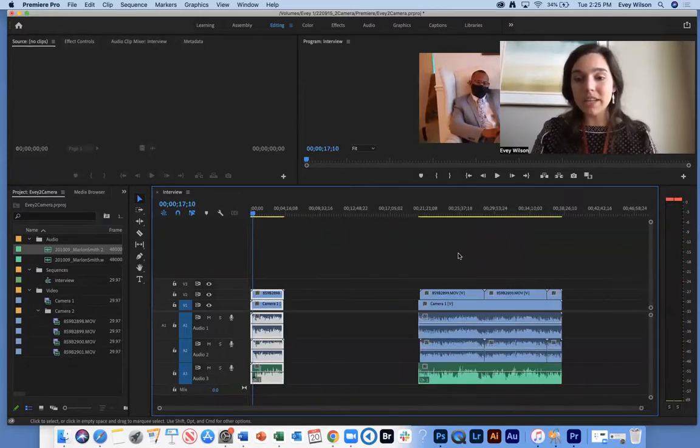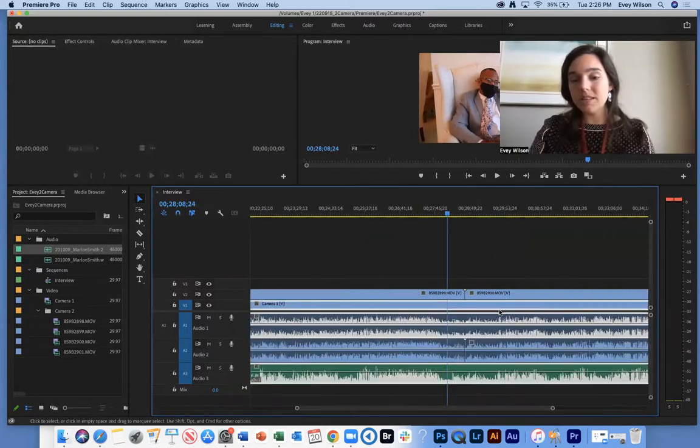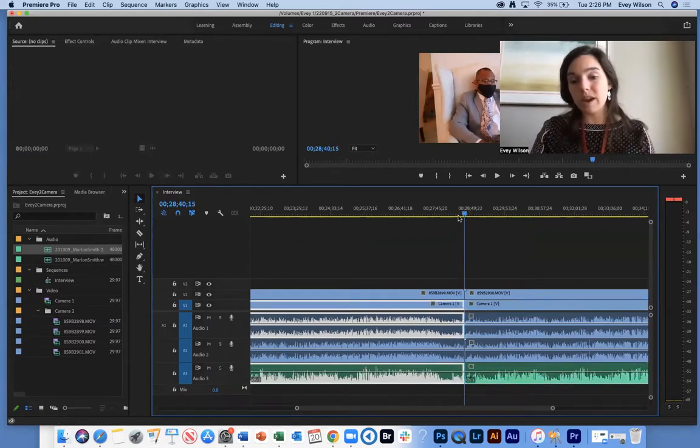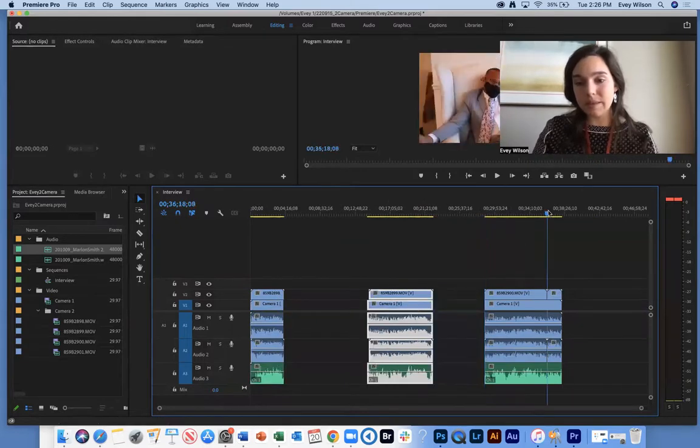Great. So now I need to do the second section. Again, this file is really long and so is this one. So I'm going to select those 2 and I'm going to make a cut kind of close to where my other audio is so that it can be separated. I'm going to do the same thing here